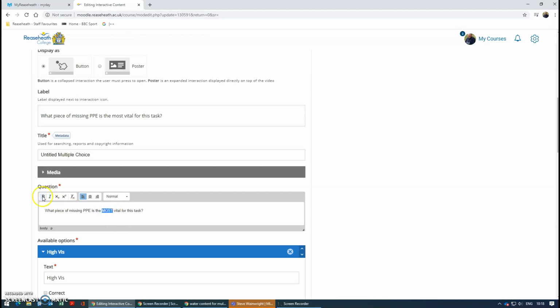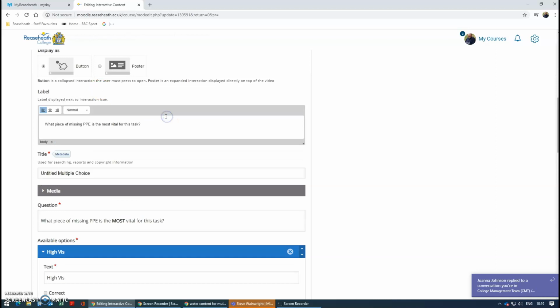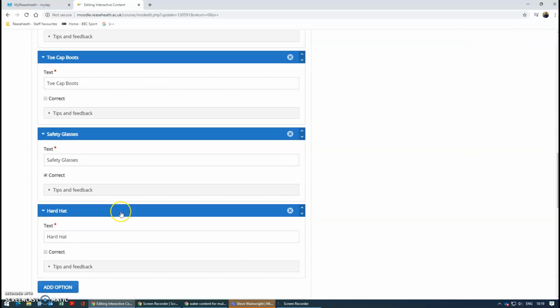So I'm going to capitalise and bold that to highlight that obviously those four items are all vital parts of PPE, but what is the most vital for that particular task? And hopefully they will pick up that it's the goggles. So I'm just going to delete that and Control and V. And again, we're going to click done,